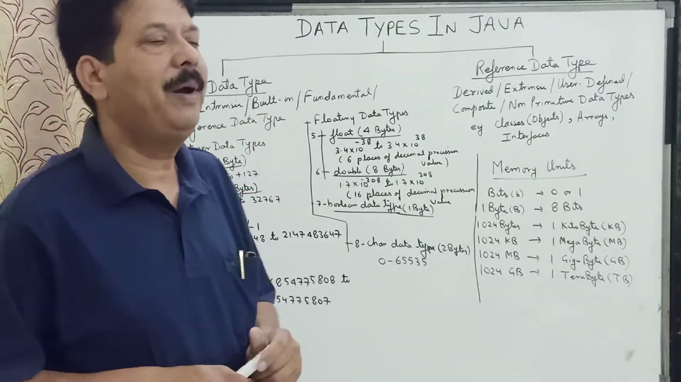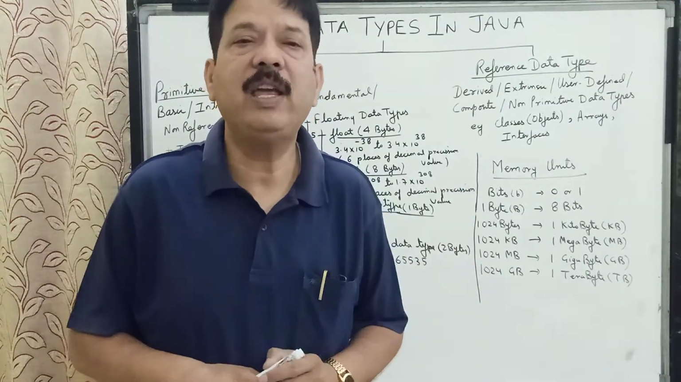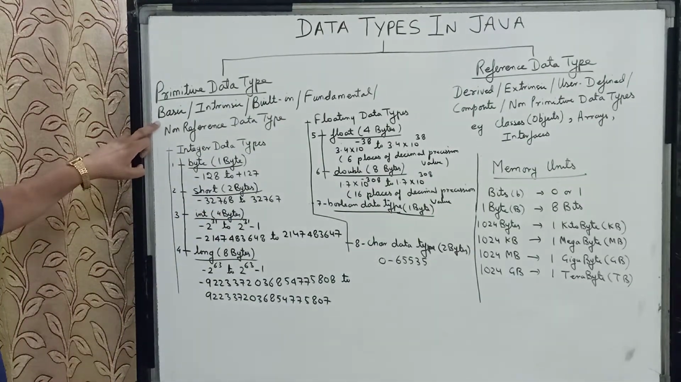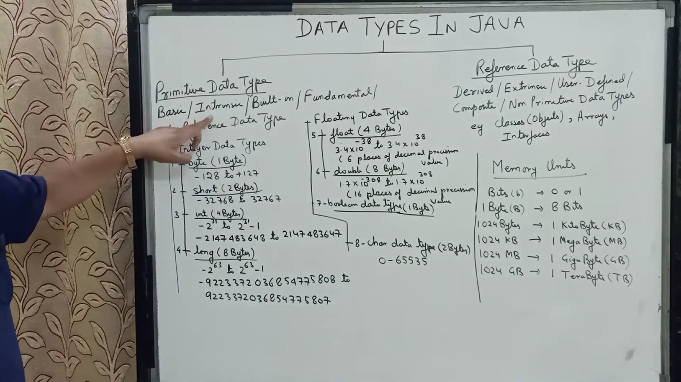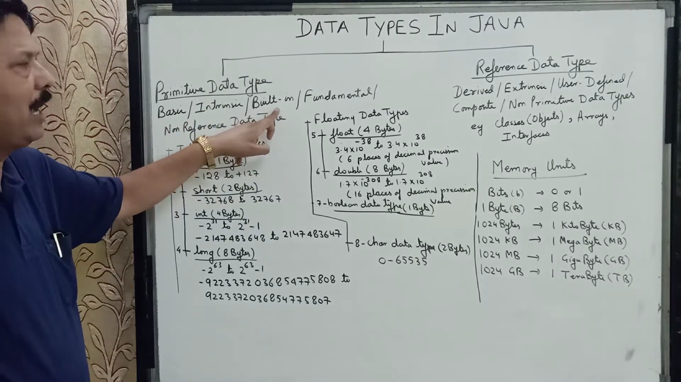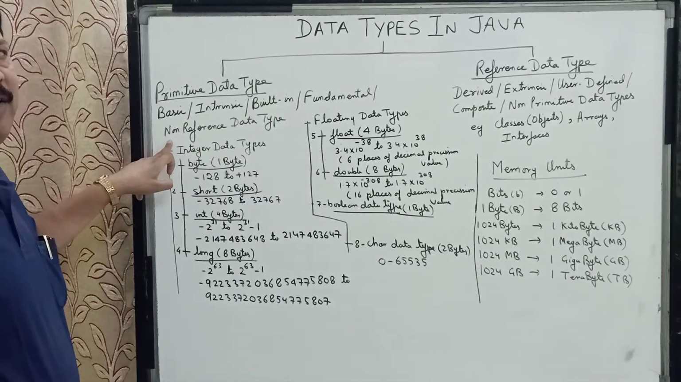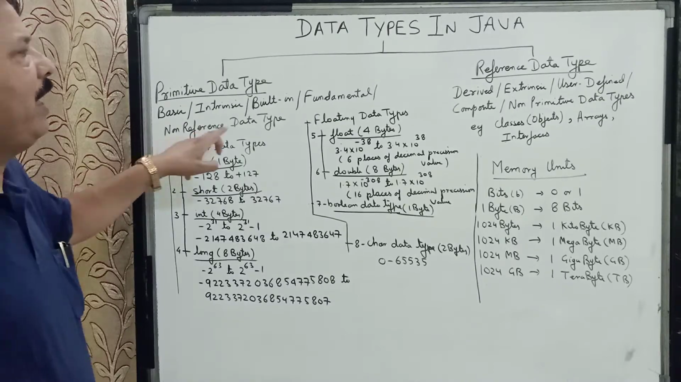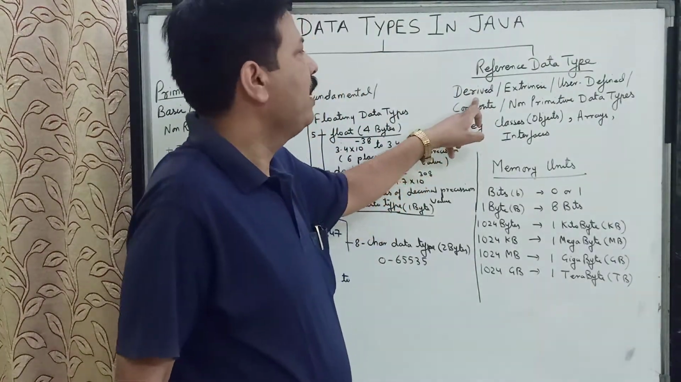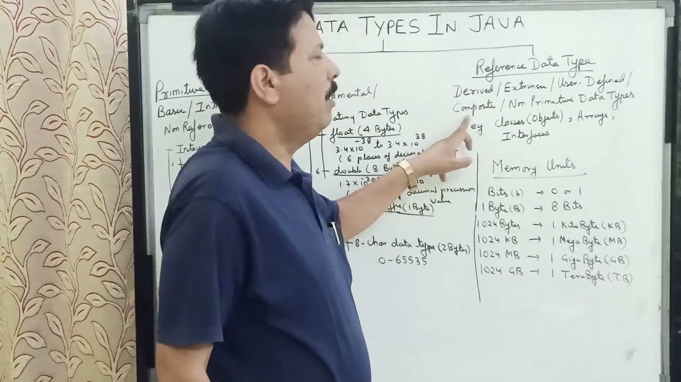Now children, there are some other names given to these primitive and reference data types. We must know these names also. The primitive data type is also called basic data type, intrinsic data type, built-in data type, fundamental data type, and non-reference data type. Whereas the reference data type is also called derived data type, extrinsic data type, user-defined data type, composite data